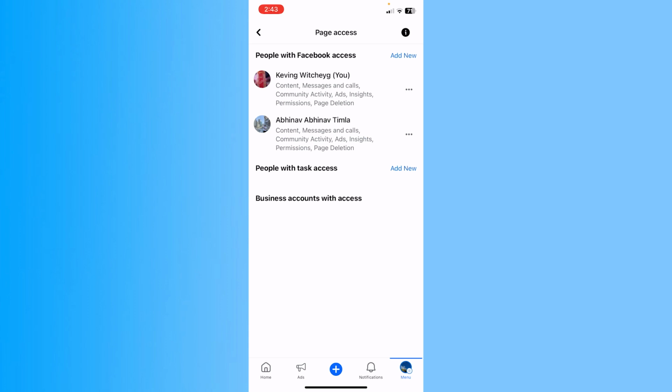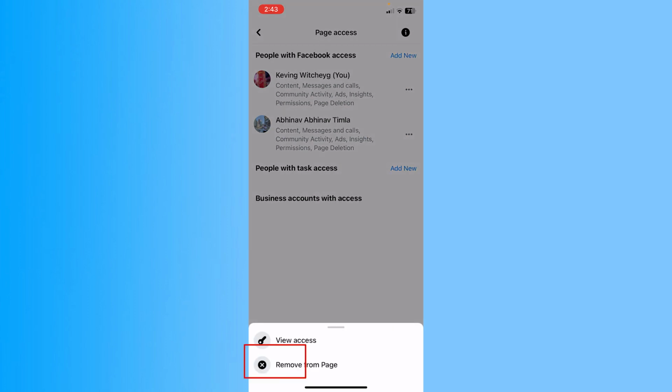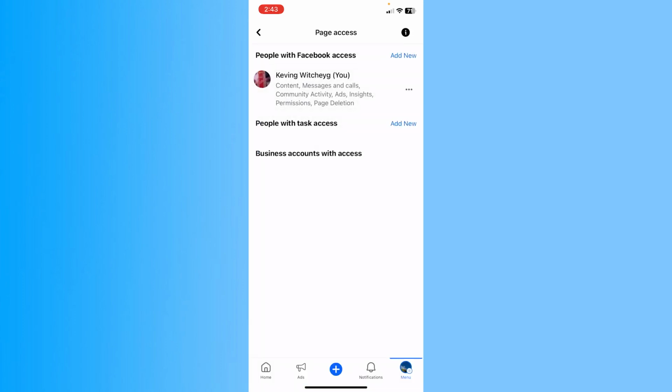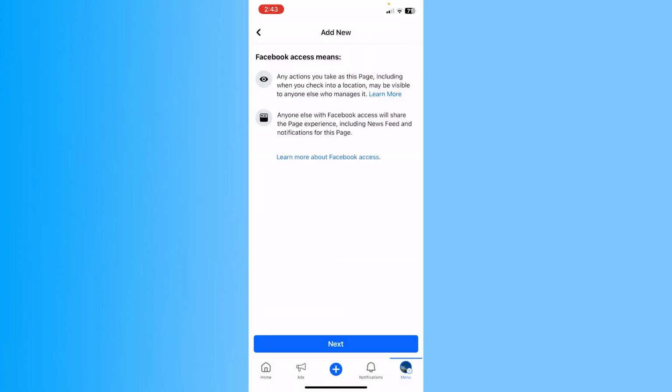So to remove him, I can click on the three dots right beside his name, click on remove from page, and enter the password of my Facebook page and click on confirm, and he will be removed. So let me do that. Once I click on confirm, he's going to be removed. And once he's removed, now I need to click on add new at the top and click on where it